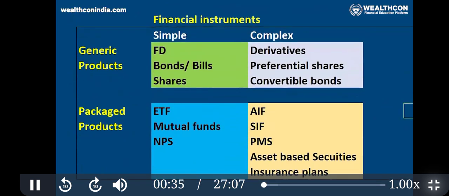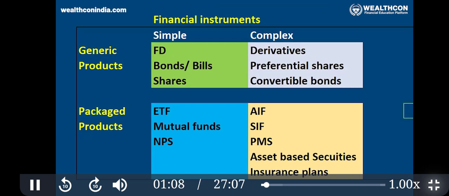There are 100 types of financial instruments, and if you try to understand each financial instrument separately, you will get confused. There are so many varieties, it will be almost impossible to learn if you go through individual products. So in such cases, we use scientific classification methods, as we do in physics, chemistry or biology. In biology, we classify plants, animals, bacteria, viruses, and so on. That method helps a lot.